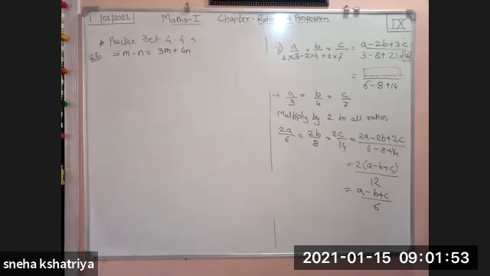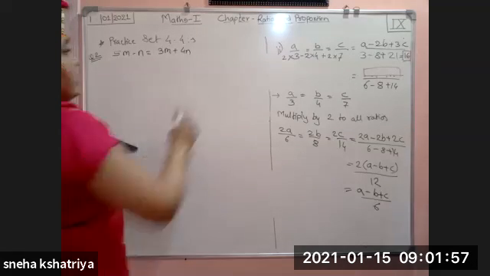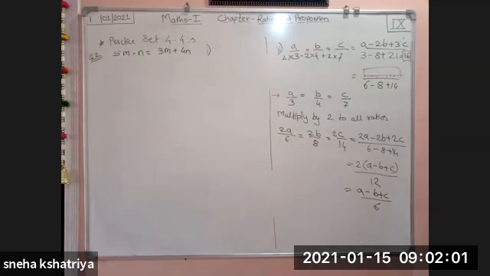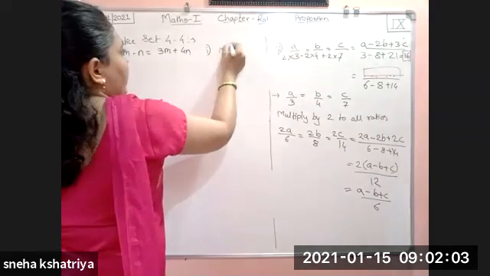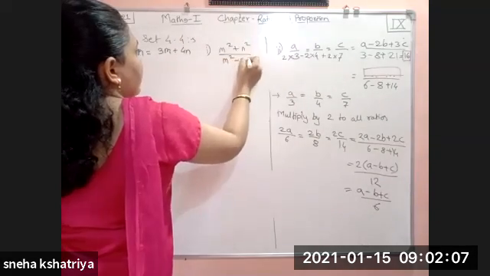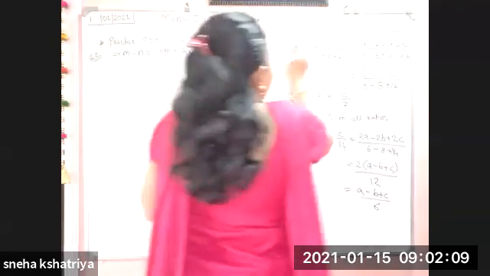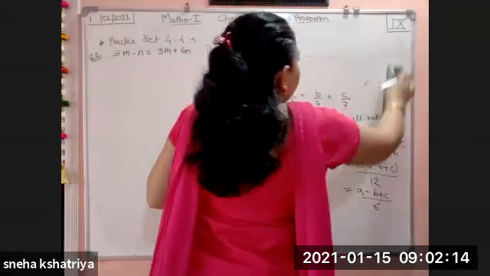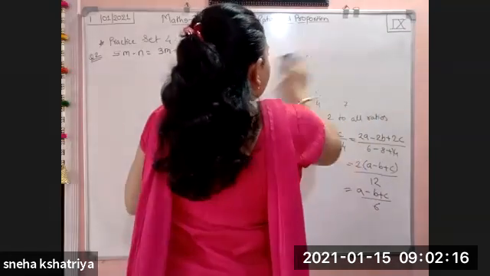Then find the values of the following expressions. Okay, whatever the following expression is given, that we have to find out. I will write down here the first one, that is m square plus n square divided by m square minus n square. Okay. So here you have to find out first the